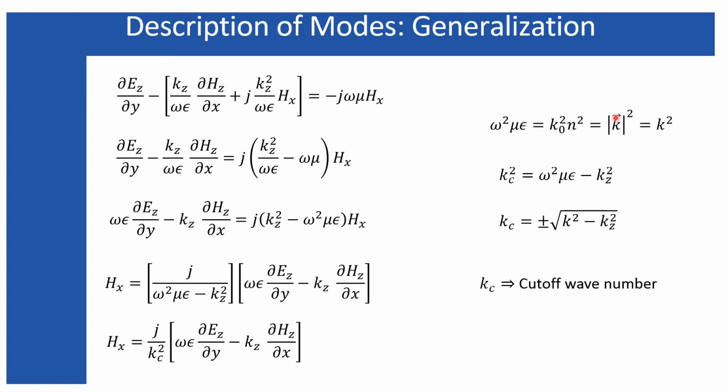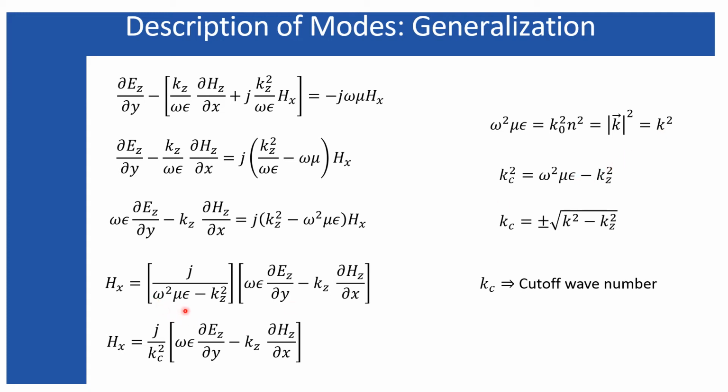That vector, in my previous lectures, I denoted as k, which was a vector. But right now I'm writing the magnitude of this k simply as k itself, because I don't want to write all those bars and arrows every time, since I need to use this magnitude several times when I discuss waveguides and modes and all these things. So I am just representing the magnitude by simply k.